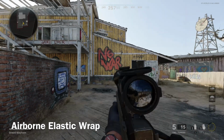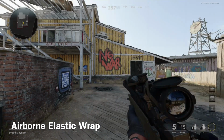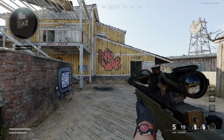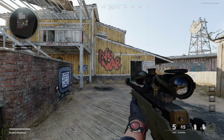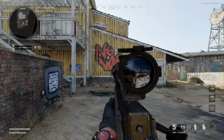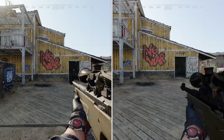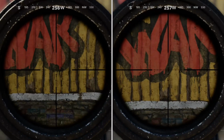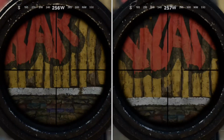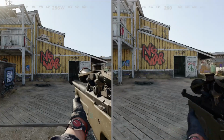But anyway, let's look at what the elastic wrap looks like when ADSing on a wall with no attachments. And as you can see, the Airborne elastic wrap does look pretty similar when you look at how it ADSs in compared to the Serpent wrap. But to get a full view of how they actually compare, let's put them side by side. So I got the elastic wrap on the right and the Serpent wrap on the left, and I've timed them so they both go off at the same time. And as you see there, they are very similar,